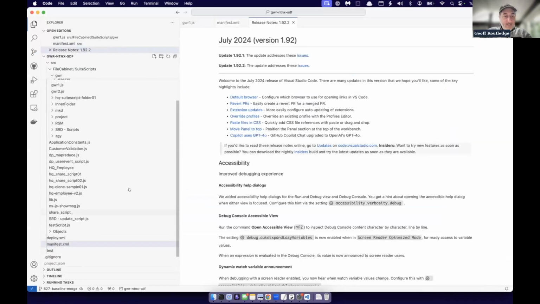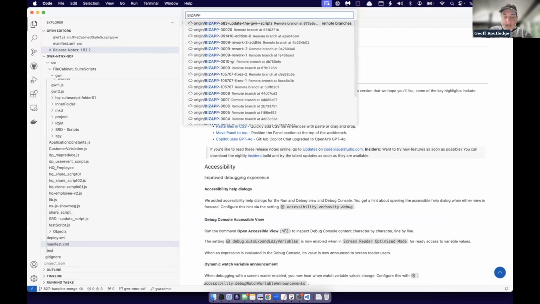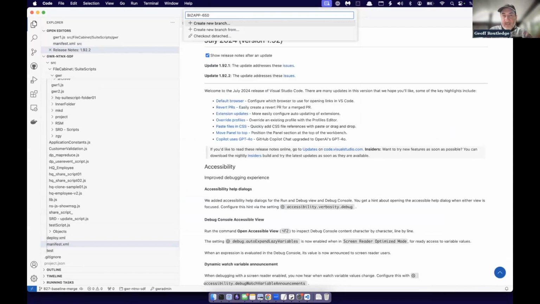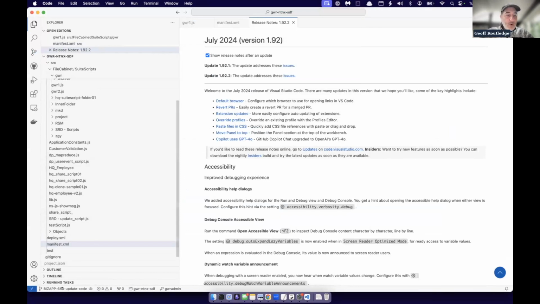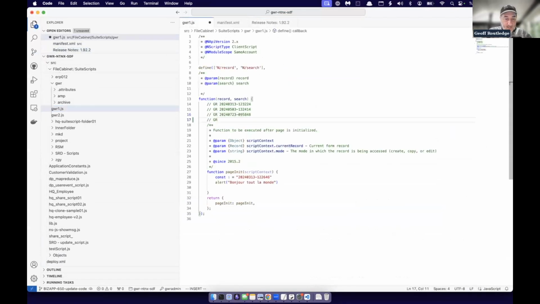If I'm working in VS Code, I'd create a branch, support bizapp dash 650, which is the workflow stuff we were doing a minute ago. And then update code, whatever it is. This is a branch. So now I'm working in this branch, and I would work on some of my SuiteScripts, and I would add code to them. I think I've got this set up to do that. Yes, I do. Okay, so I'm adding code. In this case, it's just a comment, but whatever. And then when I save that,